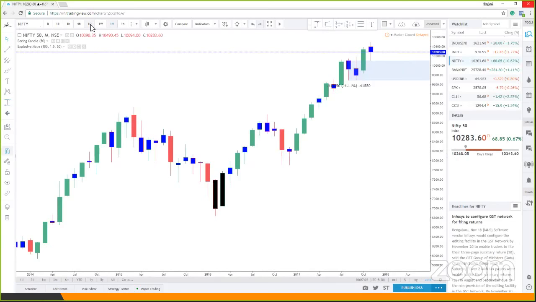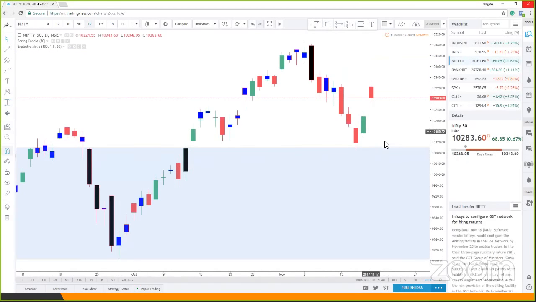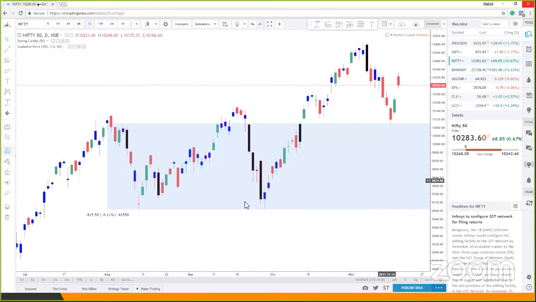Now I'll straight away go to the lower time frame, just to see where we have some nice buying opportunities on this script. It has already moved up. As of now, you can see on the daily chart, we are also hitting some supply and already getting a reaction from this, which is good for us, because if we are getting a reaction from a supply area, maybe prices can start pushing a little bit lower, again come back to this area of demand which we have on the monthly, which is where we can look for some buying opportunities.